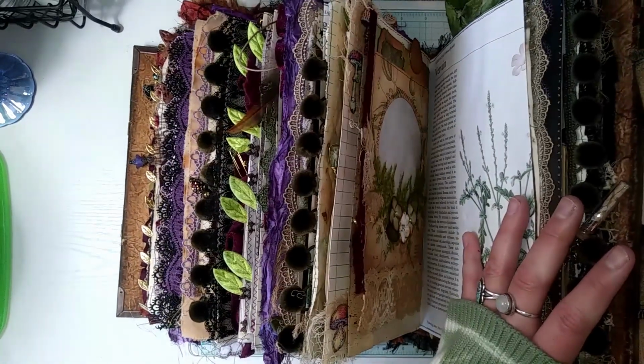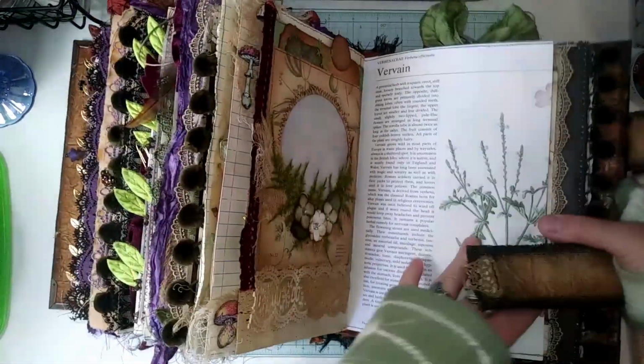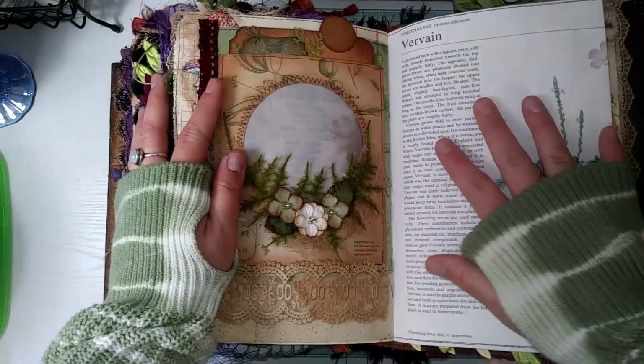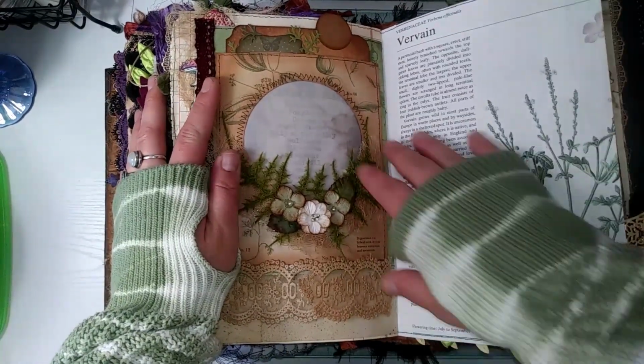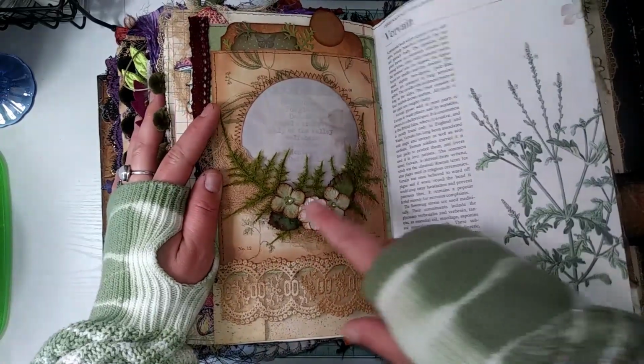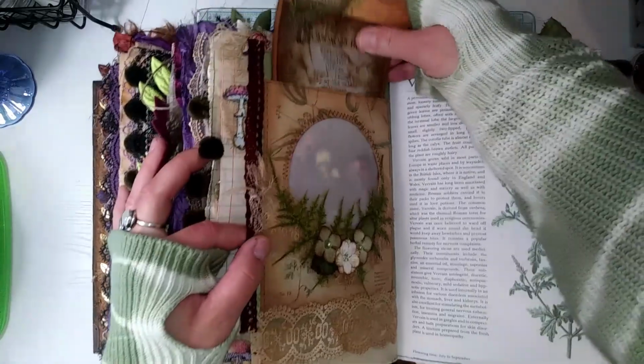And another really fun window pocket. Let me grab that book so I can prop this up. We'll see if it'll actually stay this time, but told you it's a little stiff. But another window pocket with ChaosSisters paper, some paper flowers and fern fronds, and this was one of the first